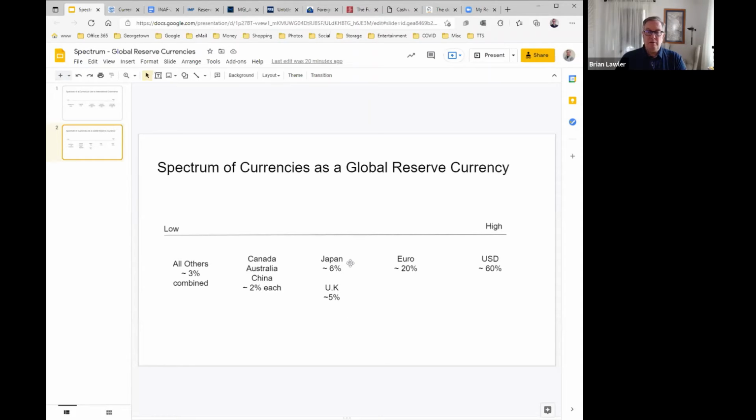And there are some geographic prominences there. You'll find the Japanese yen as a global reserve currency more common in some regions than others. The same for the pound sterling. And then at the next tier, we have the euro. The euro is used across the countries of Europe. It's also used in North Africa, the Middle East, some parts of Asia, some parts of South America. So that's a pretty large participant in the global reserve currency market. And then the big one is the US dollar. The US dollar is about 60% of the global reserve currency market.